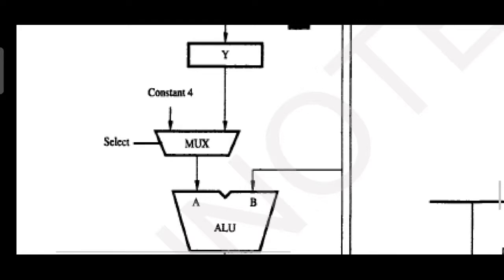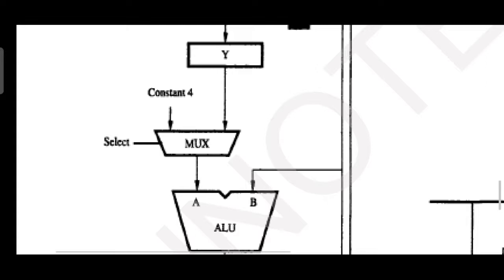You are not performing constant addition, the constant value 4 is not required. Now activate the select Y line, that's it. Either you can select Y from the multiplexer or you can select the constant value 4. A multiplexer can take multiple inputs but provides a single output.